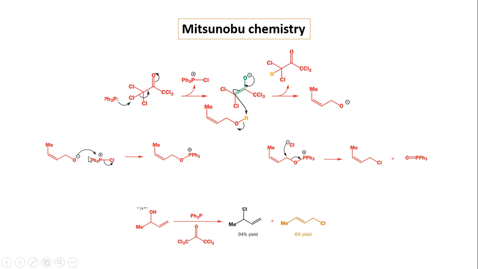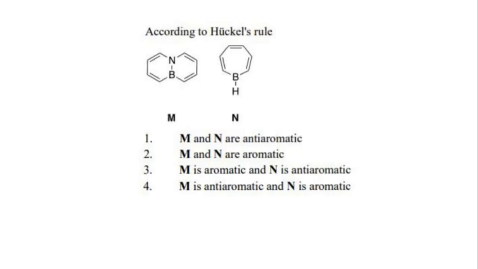In the Mitsunobu reaction, triphenylphosphine increases the leaving aptitude of the alcohol, and the simple SN2 reaction gives these two different products. And in the next video we will discuss the aromaticity of these two substrates that actually came in the NET examination 2023. This video will be